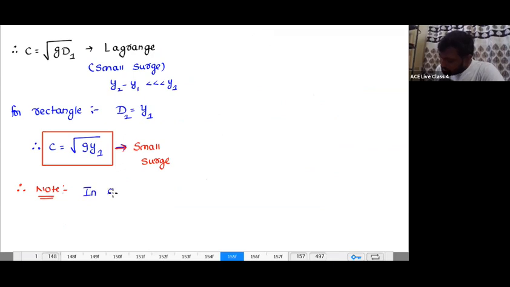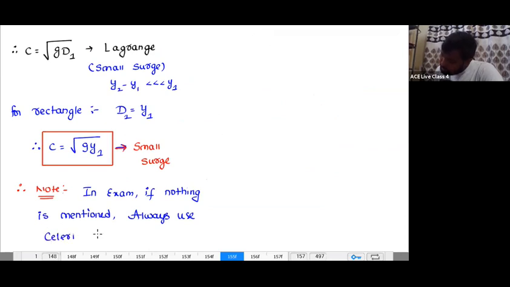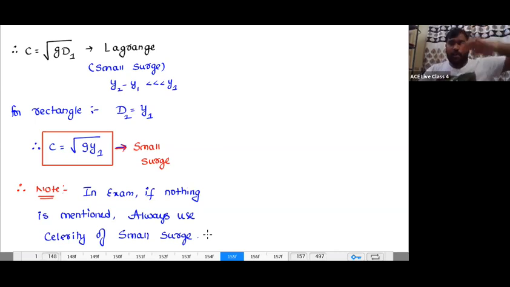In exam, if nothing is mentioned, always use celerity of small surge. Okay. So generally in examination, they will mention that due to rise of the gate, the water level